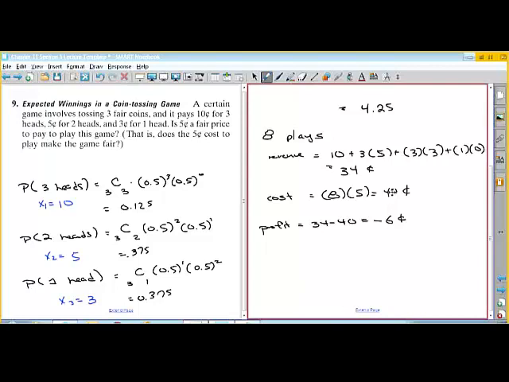Actually, if I take 40, let me make sure I'm doing this right here. Oh, if I take 34, the revenue, and divide by the number of times I play, so 34 divided by 8 is 4.25. So that's the other way of coming to the expected value for my winnings, is by taking the total revenue that I would get for playing 8 times and divide by the number of times I play, which is 8, and that gives me the same number. So that would be another way of getting the same answer. Not that I want you to do it that way, but